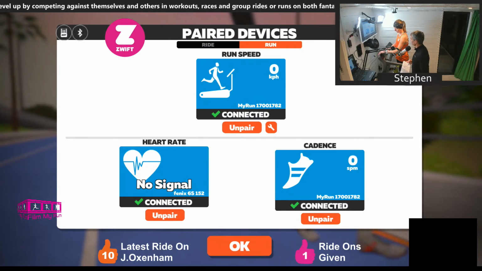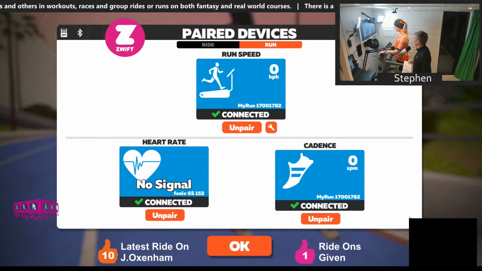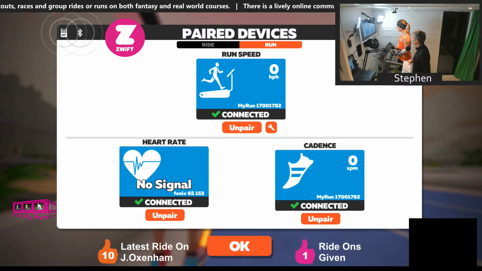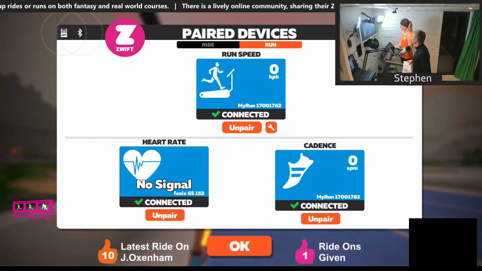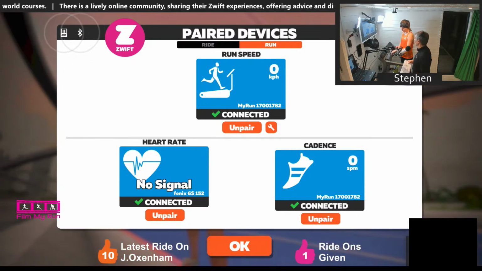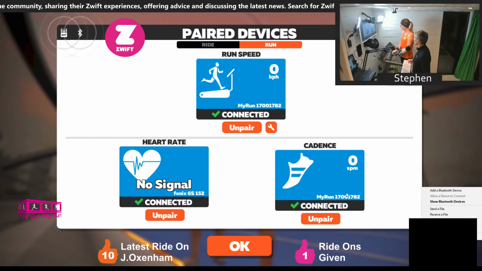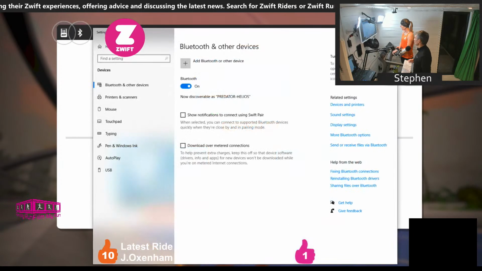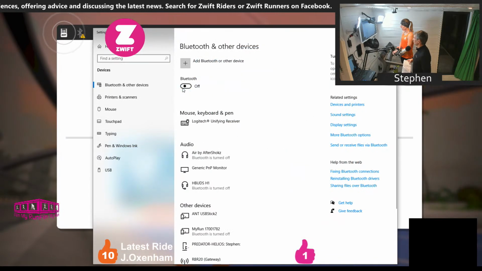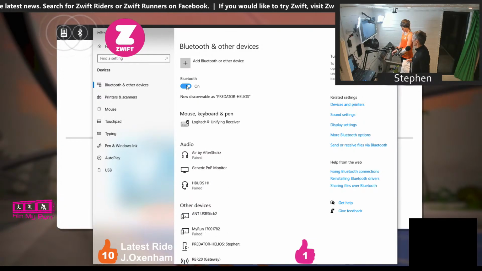On the screen in a second. Oh dear. Right, okay, tell you what we'll do. No, I'll tell you what I'll do. Go to Bluetooth settings. Turn Bluetooth off. Then we'll turn Bluetooth on again.